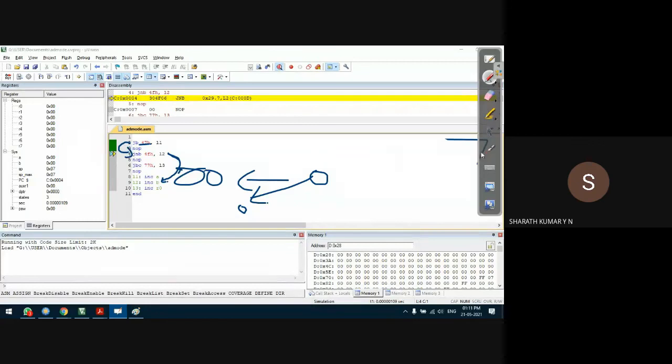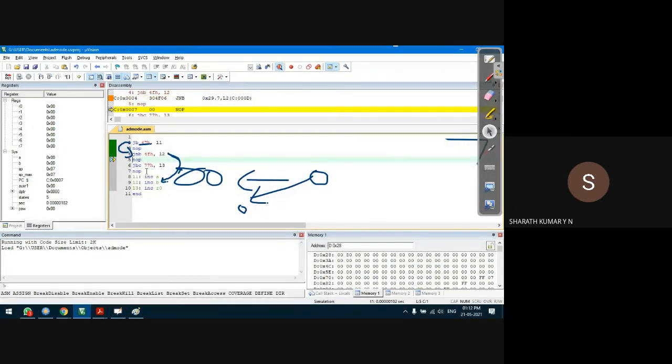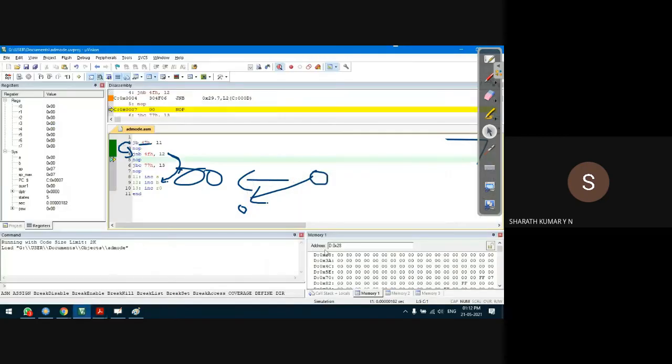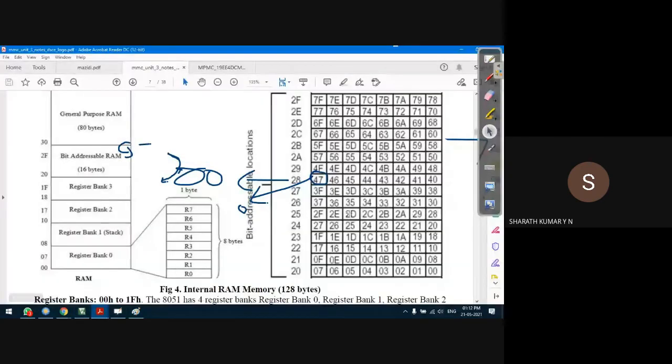Observe this. F11 on my keyboard. 4FH is set to 1, but it is not going to L2. Sorry, something is wrong. 4FH, or some other address I've taken. 4FH is correct, 29H, but let me check what memory location I opened. 28, 29, 2A, correct. 29 I have set to 1.